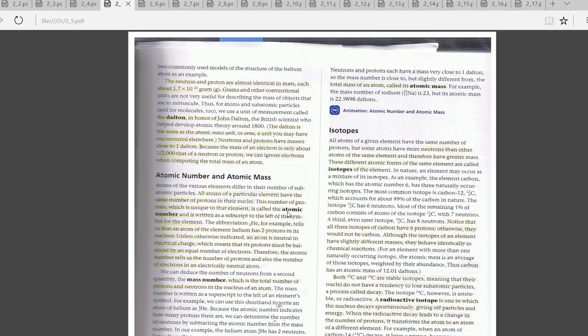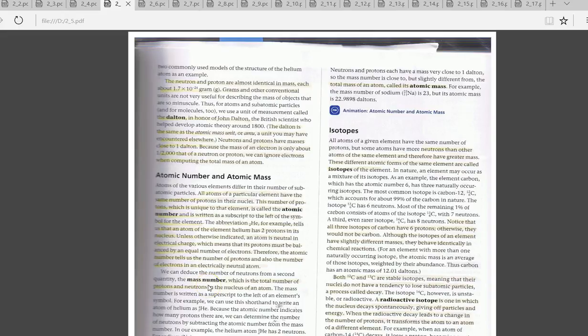Also the number of electrons in an atom. But you would never say that the atomic number is the amount of electrons, because that is not its definition. All right, so atomic mass number, which is the total number of protons and neutrons in the nucleus of an